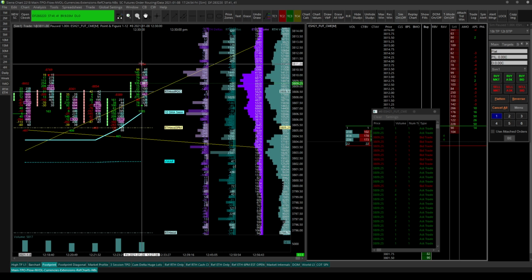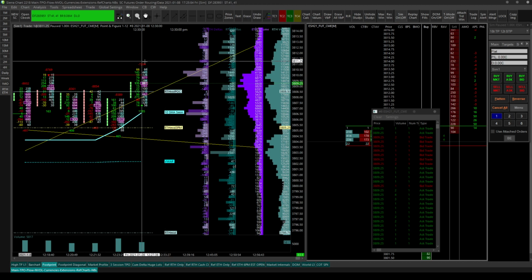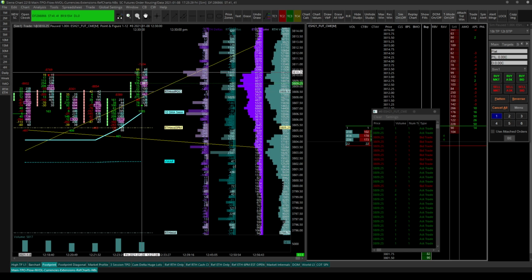So mine reset at the start of the regular trading hours, 6:30 my time, that's Pacific Standard, and then 9:30 Eastern, and then it runs the cumulative delta total, right up here at the top, and then at the bottom, each bar's delta is measured, right? So this bar has a lot of what we call positive delta, and then these little rectangular bars to the left of this first column